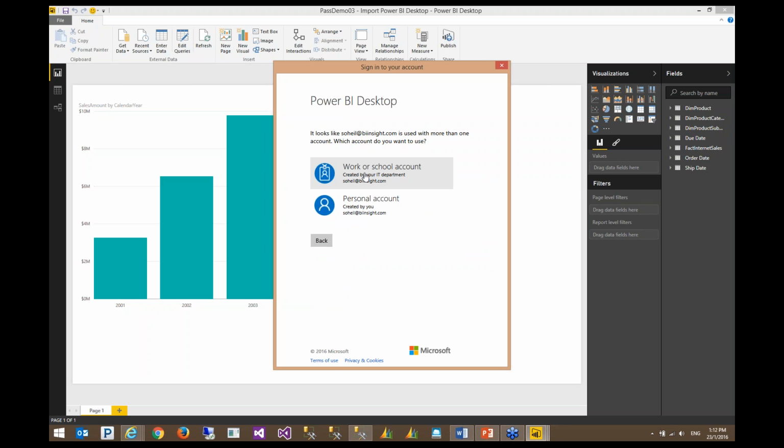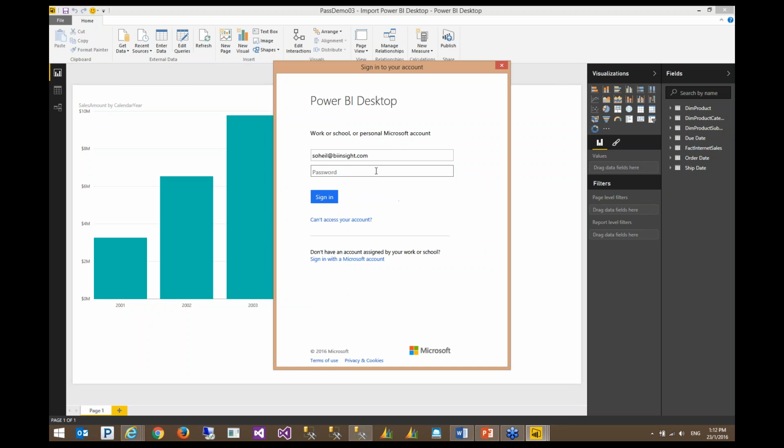I need to select work or school account here, and then pass my password.